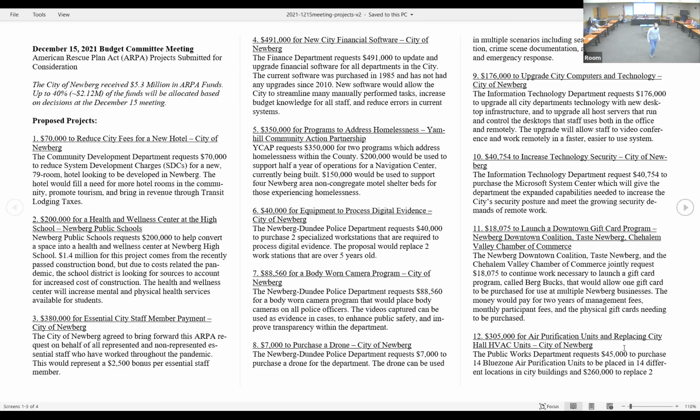Anybody else? Feedback on the process? Okay, I want to give kudos to Will and Katie, because I have seen budget committee try to make decisions before on a lot less money and never do it. And I have sat in county commissioners where they cannot move the needle on giving that money away. So I'm very proud of us tonight, guys. Totally. No, but think about it. Because of what we're doing tonight, the computers are going to get upgraded. There's going to be HVAC. I mean, this is real stuff. We're not throwing money away on stuff that doesn't matter. So I'm very proud of us.